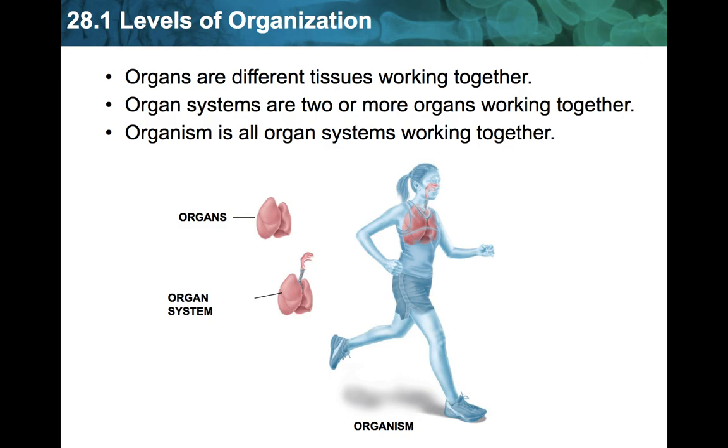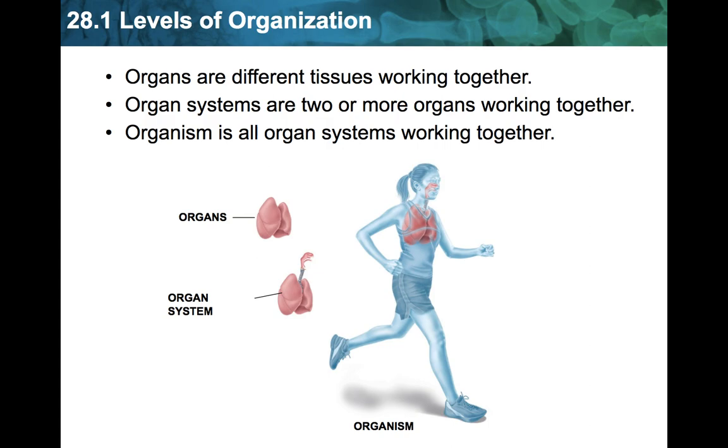Now we're talking about organs, so the next step up, this is the 3rd one on the list. Organs are different tissues working together. And then organ systems, 4th one up. These are two or more organs working together, and then the whole organism is all organ systems working together. So as you can see, it kind of built on itself, all the way from little teeny tiny cells to